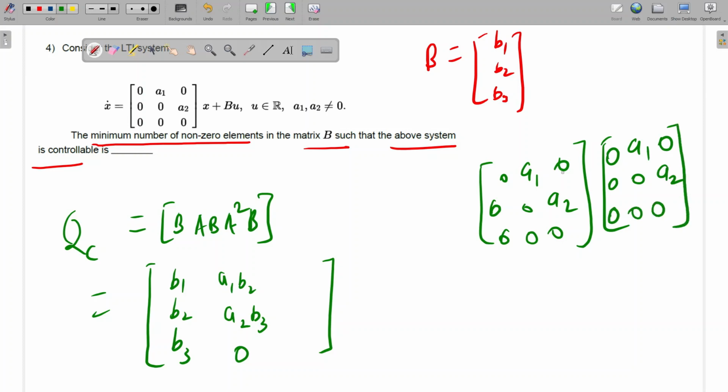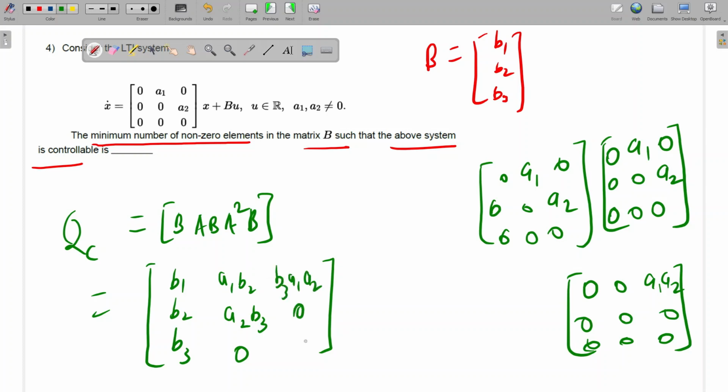Okay. So first row into first column, that will be 0, first row into second also, that will be 0, and here it will be A1 A2. Similarly for this one it will be 0, and this will also be 0, this will also be 0, and third will be 0 0 0. Okay. So A square B, if we do, only the first element will be B3 A1 A2. That first element will be B3 A1 A2, and this will be 0. Okay. So this is our